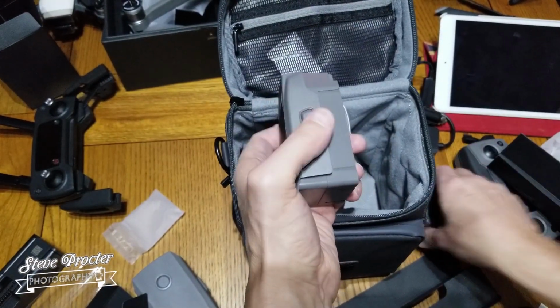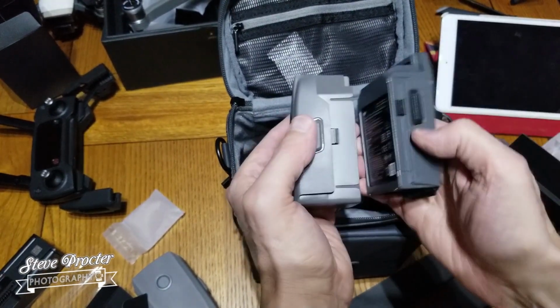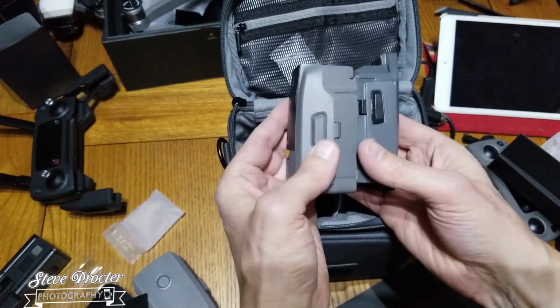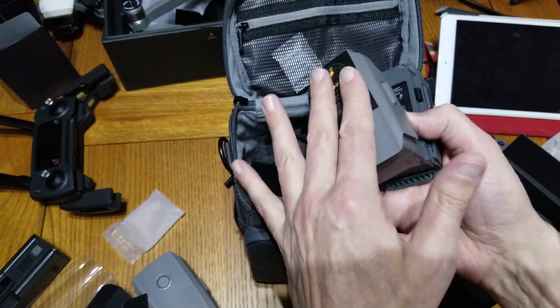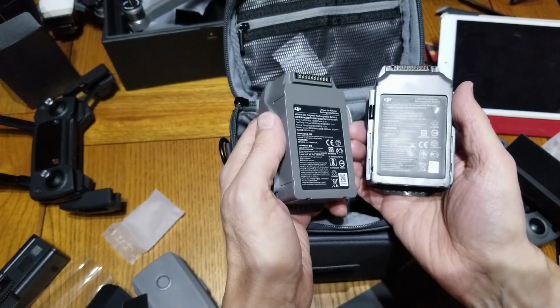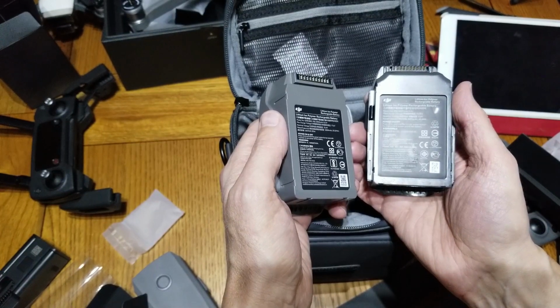I'm really surprised. I'll just show you this comparison again. So Mavic Pro, Mavic 2 Pro. And I assume these are the same as the Mavic Air batteries. I don't think there's a difference between the two from what I was reading. I was just trying to see quickly if I can see